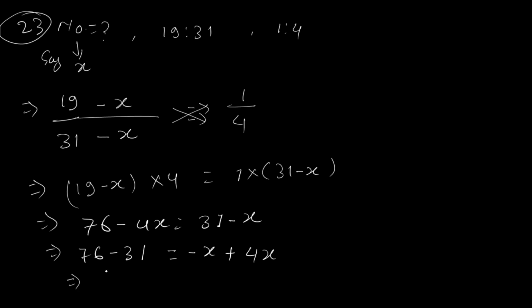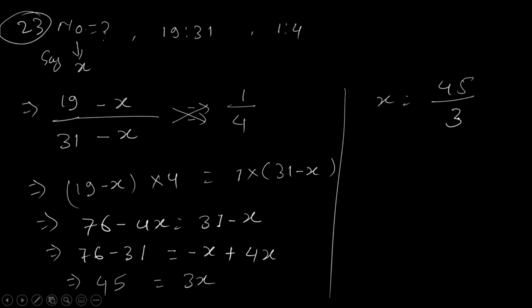So 36, and this is 31. Here 5 and 4, right? 76 minus this, it will be 43, okay, minus this is 3x. 3x, right? Right sir. Here you see now x equal to 45 divided by 3. Am I right? Right sir. So 3 1 ja 3, and 3 5 ja. Okay, so x equal to कितना बेटा? 15.